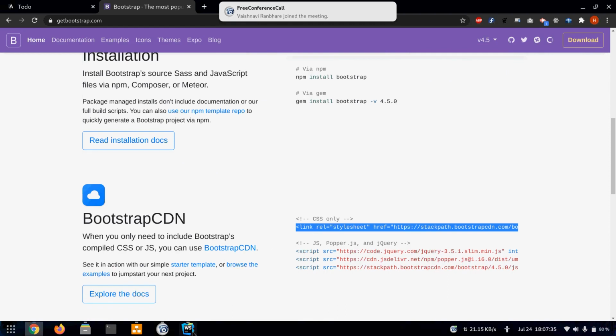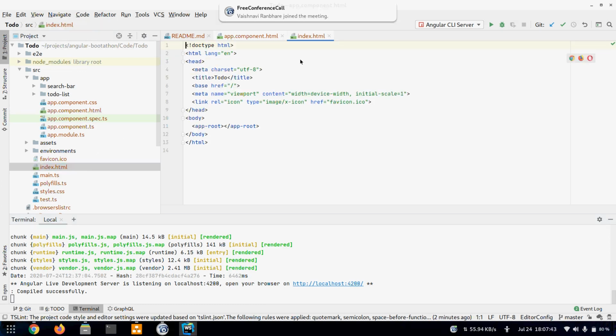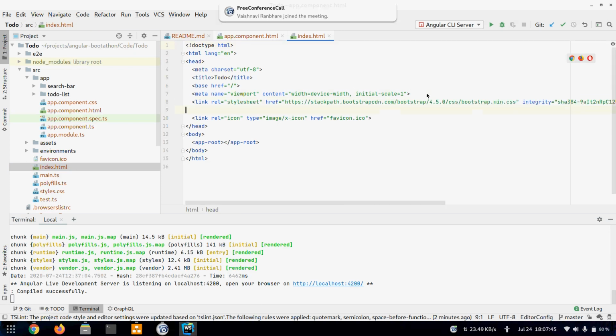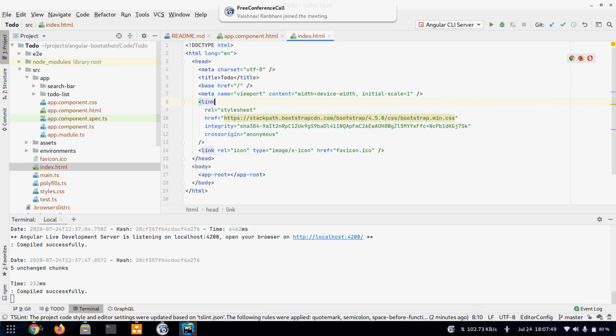I'll copy this and paste it in index.html and I'll save the file. Okay, so Bootstrap is added.